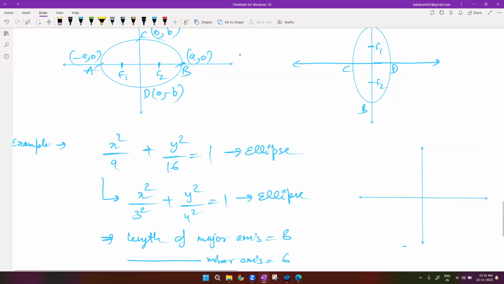Yeah. So if I want to draw this figure, I know that the denominator of y is larger. So that is why it has to be a